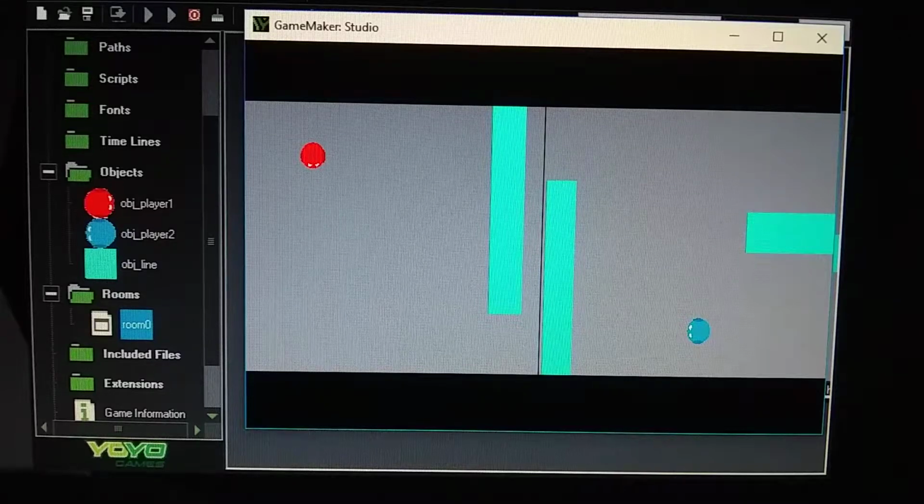Today we're talking about how to do a split screen. So we're talking about two players here in one room, but the screen is split into two, view 1 and view 0, so that you can see both players going at the same time. So the first one,